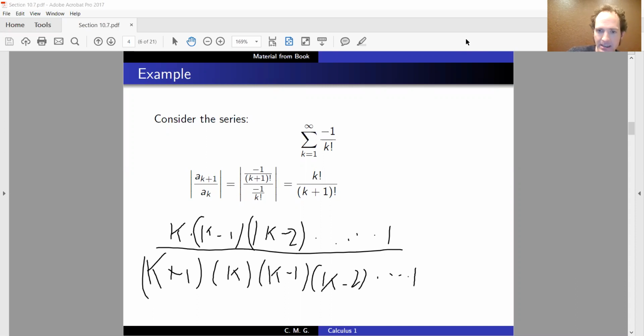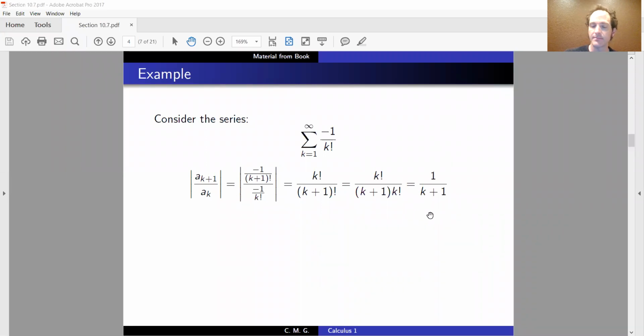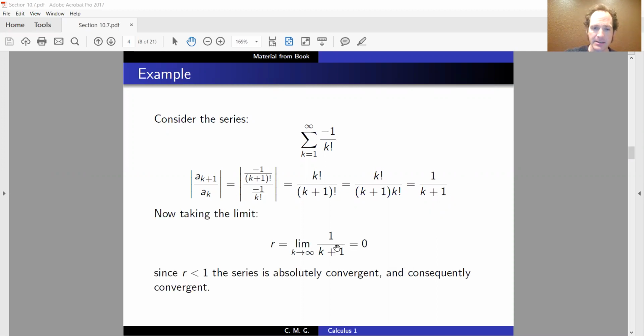So really what I'm basically getting here is the top is just k factorial, and the bottom is actually k plus 1 times k factorial. The k factorial will cancel, and I can now reduce this to just 1 over k plus 1. Great. Now, the limit as k goes to infinity of 1 over k plus 1 is 0. And that's the r that we're talking about. And since that r is less than 1, this is a convergent sequence. So this sequence converges